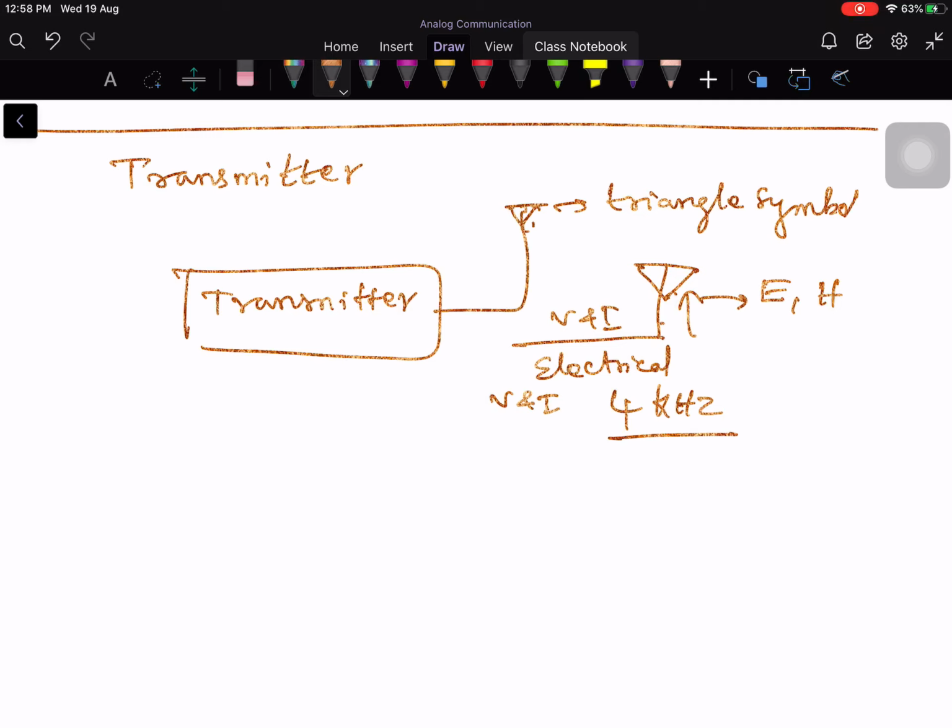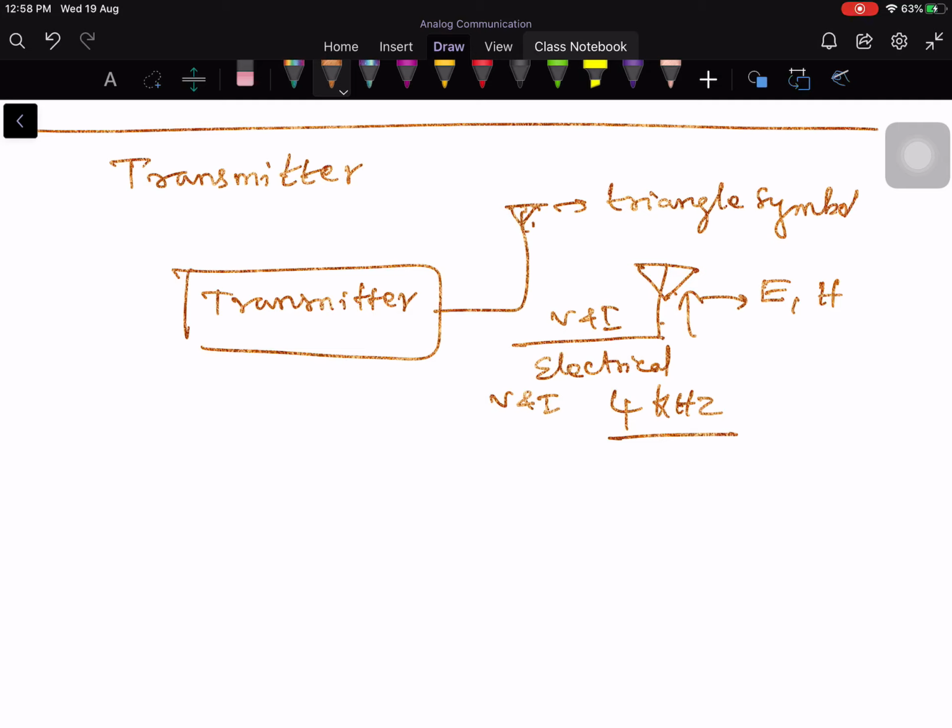The wavelength is, let's say, 10 meters. That is, the wavelength of the electromagnetic wave that you are working with is 10 meters. Then for efficient transmission of information into free space, we require an antenna size at least of the order of 5 to 10 meters. Otherwise, it will not radiate.